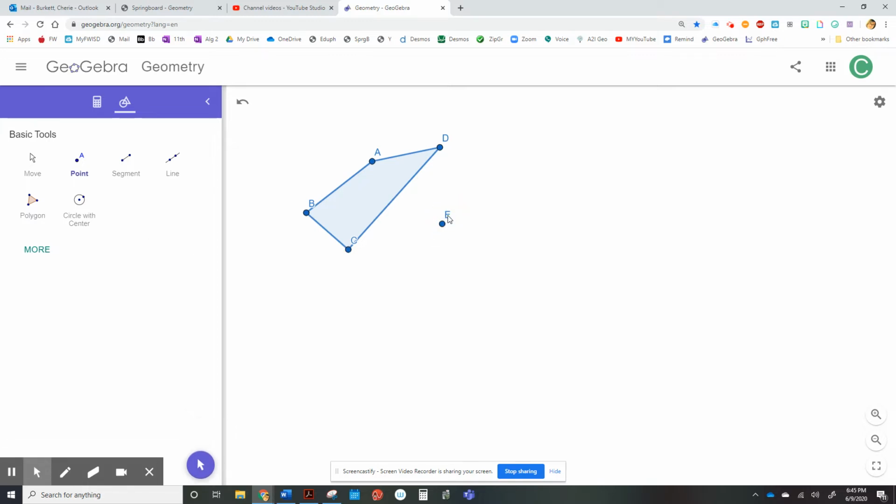Now, I can rename it if you right click on that, or maybe you left click. Let's go to the pointer and then left click. Yes. And you can change the label. I want that to be P. That completely does not matter, but anyway, so quadrilateral ABCD,